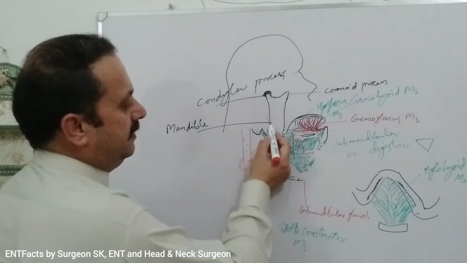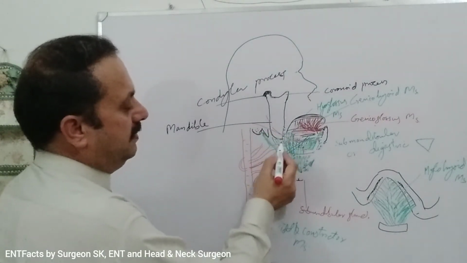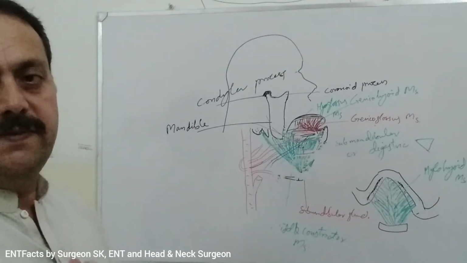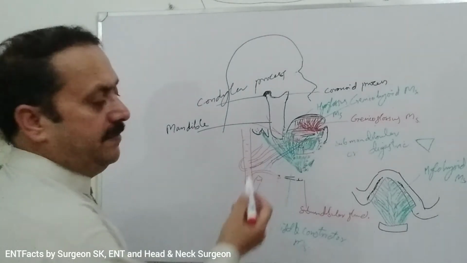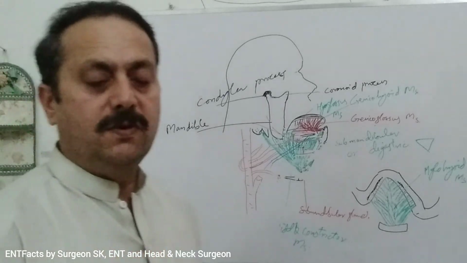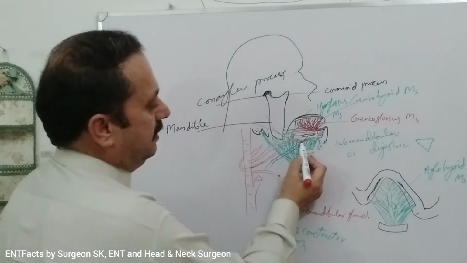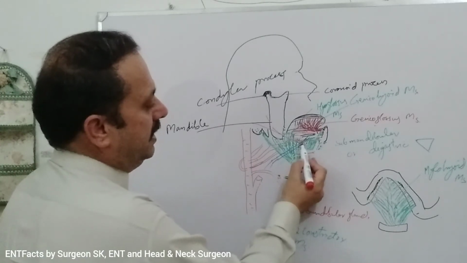This nerve joins with another part, the chorda tympani nerve, a part of the facial nerve which carries autonomic secretomotor fibers to a ganglion that is called the submandibular ganglion,